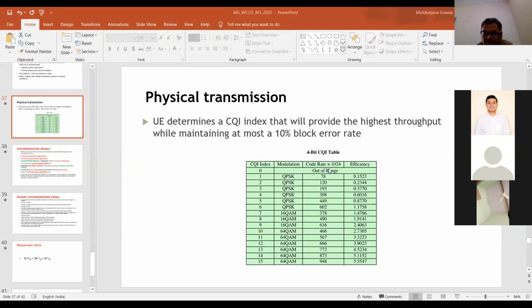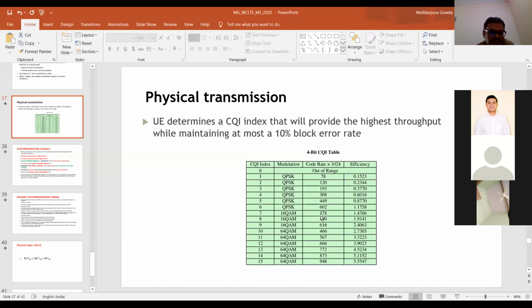So this is the efficiency. With different CQI, different modulation technique and different coding rate, you'll be able to achieve so much efficiency. So with a channel quality indicator index of 15 with 64 QAM and coding rate of 948,